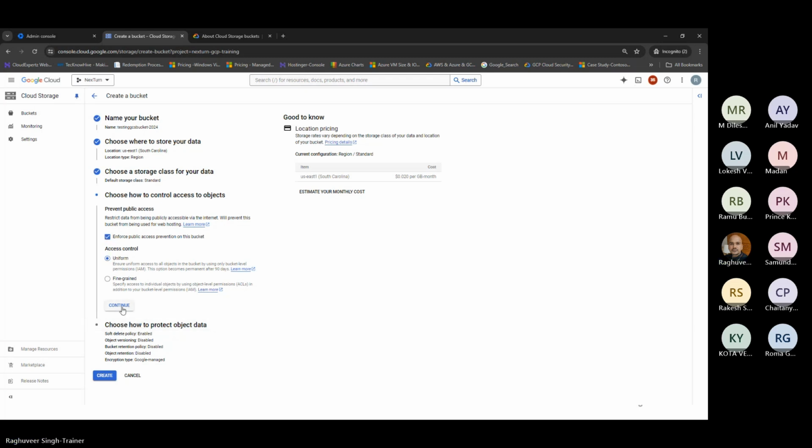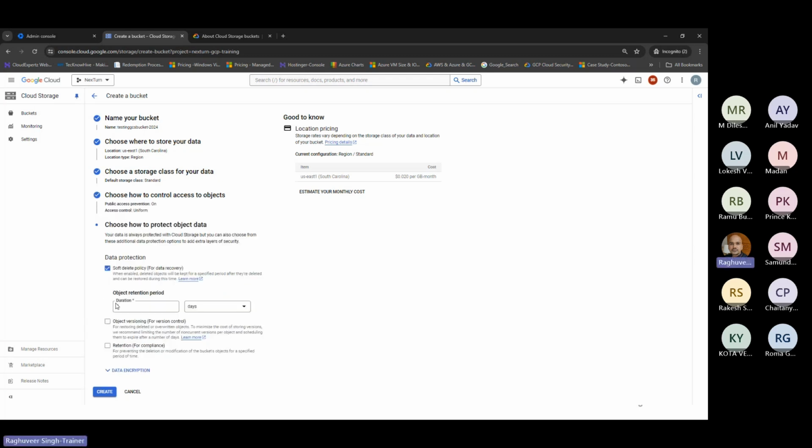Then comes next. So click on continue. After making selection, you need to click continue so that next option appears. Then comes choose how to protect object data. This is where data protection is coming up, which says that if you delete anything, it will be preserved for